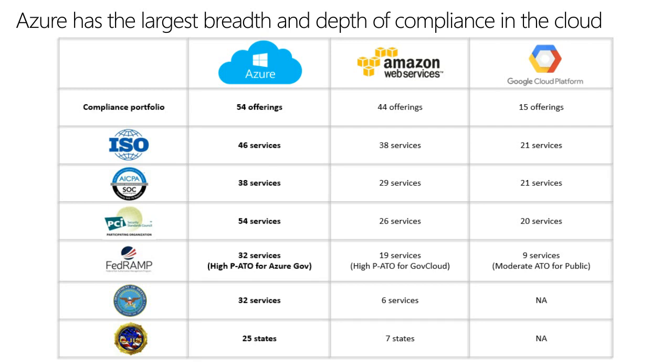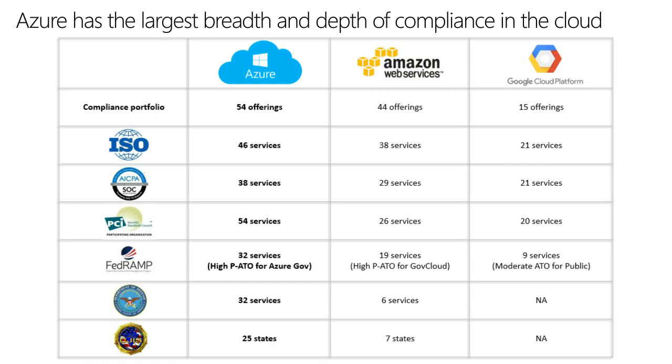We have 54 different regimes that are certified for our platform. These are government entities or attestations provided by attorneys or independent reviews by commercial entities of the security posture of our system and the ability for our cloud to handle sensitive data. We have listed here a number of our most common certifications that get asked for in descending order of complexity. So beginning with ISO, moving down to SOC, PCI, FedRAMP for the U.S. civilian government, and then DISA for the Department of Defense specific concerns or considerations.